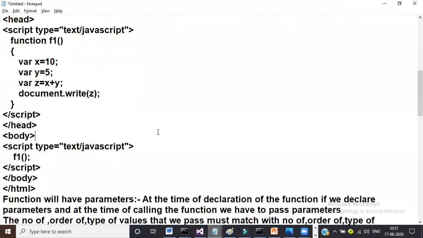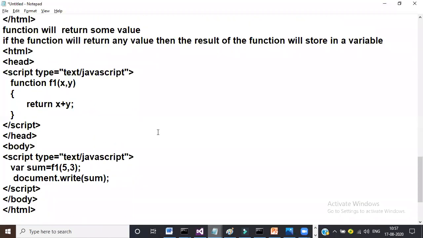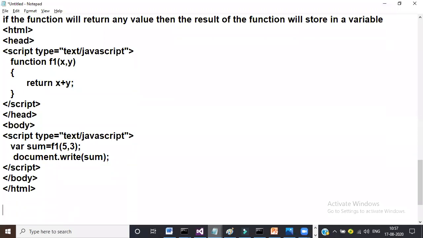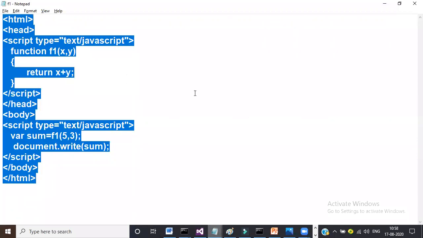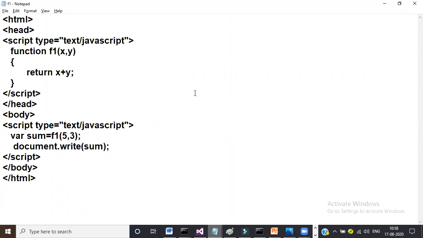Are you following everyone? Function with return type as a data type. And if the function returns some value, the result of the function must be stored in some variable. This is how you can work with functions. I hope you got clarity on functions. Function is a subprogram which is used to perform some operation. Function will get executed when we call it.